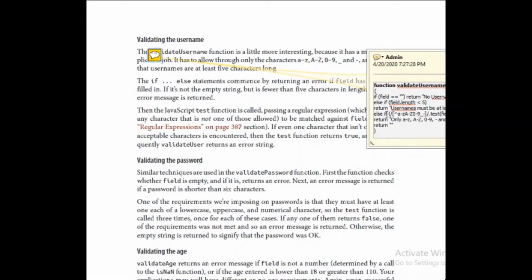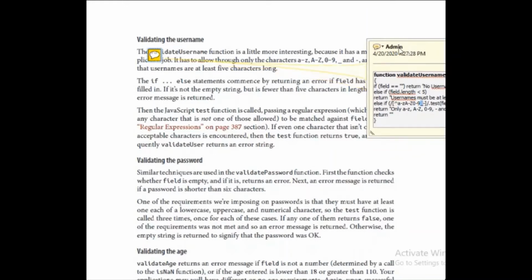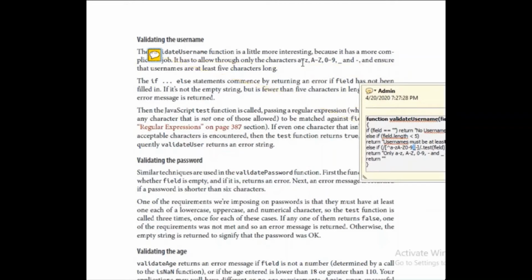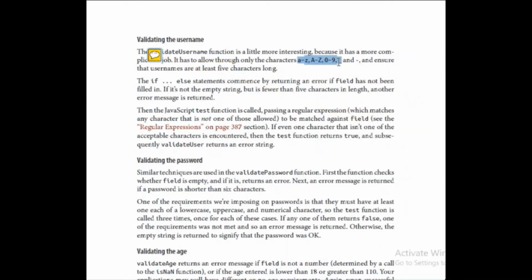Next, else if this dot test field. Test field basically accepts this input: A to Z, between small a to z, capital A to Z, 0 to 9, underscore and dash. This is an additional condition in which it is saying that only the characters a to z, capital A to Z, 0 to 9, underscore and dash are allowed.